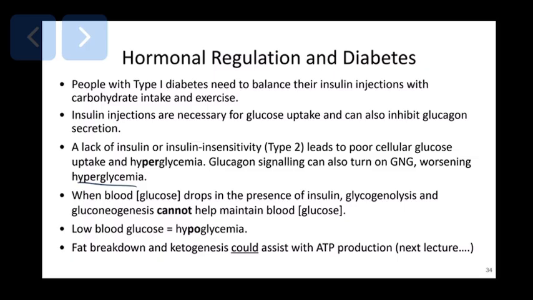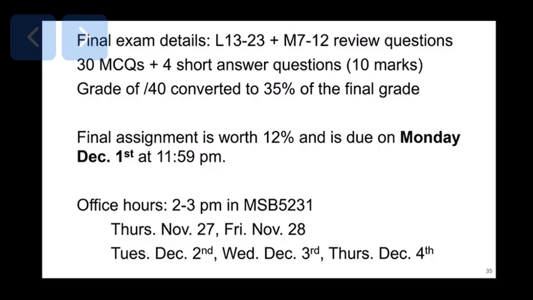And then on Thursday, we're going to look at ketogenesis, so another pathway that can help with energy production in the body. Keep up with your review. Just a reminder, your final exam is going to be a combo of multiple choice questions as well